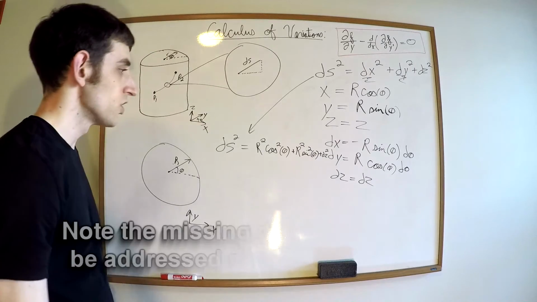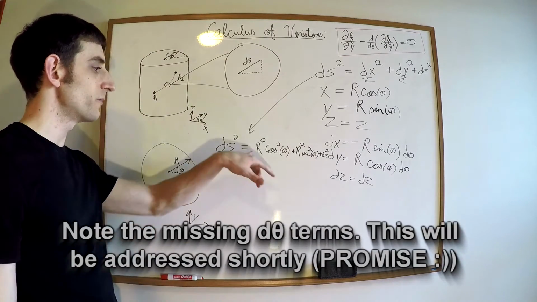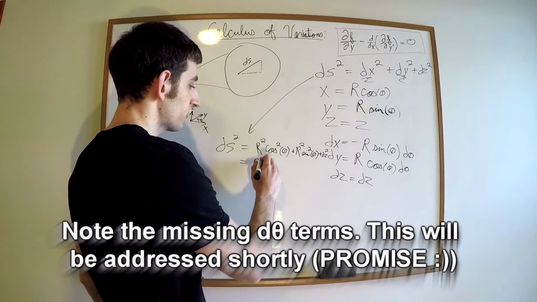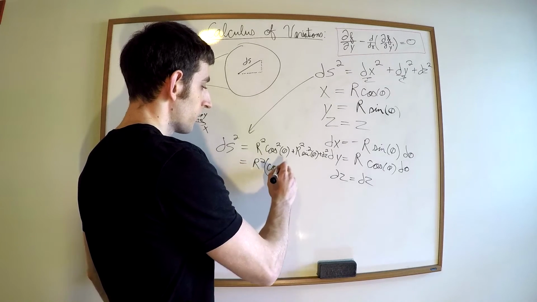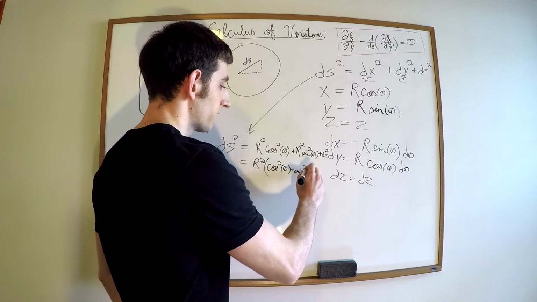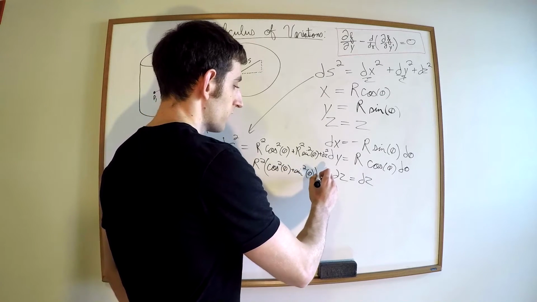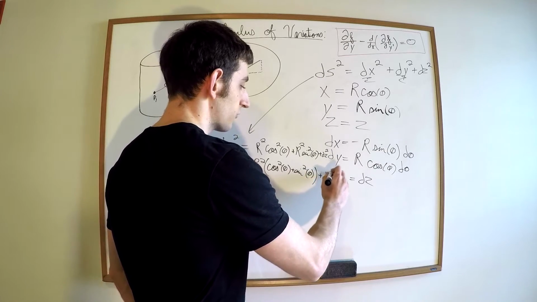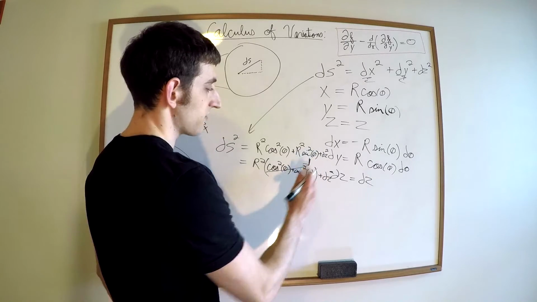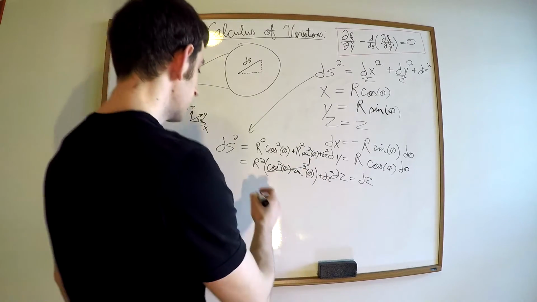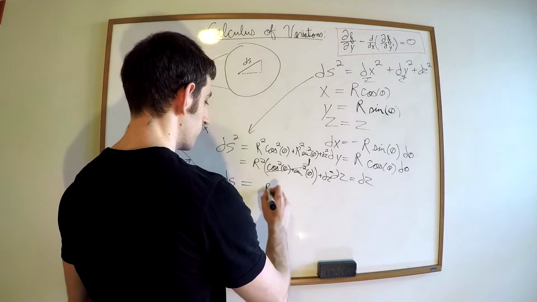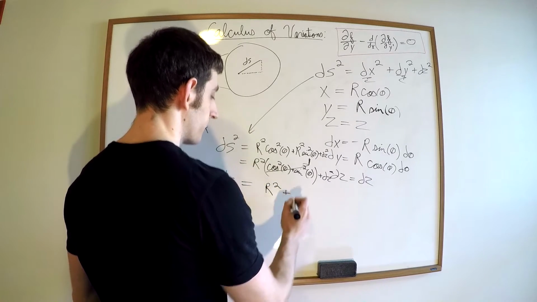All right? So what we want to do next is we can group the r squared terms. We can say this is equal to r squared cosine squared theta plus sine squared theta plus dz squared. Now this guy is 1. That's a trigonometric identity, right? So this gives us ds squared equal to r squared plus